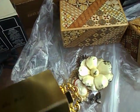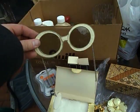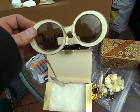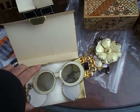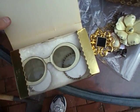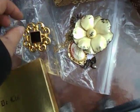We paid $40 for the small amount of jewelry that you see here. But check these out. I don't know if you can see those, but these are sunglasses. The dangles go over the ears to hold the sunglasses on. They're really pretty cool. We paid basically $30 for these. Well, we got everything for $40, and we kind of negotiated down with the $30 for the sunglasses, and then just some enamel,